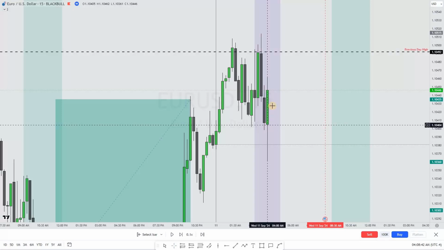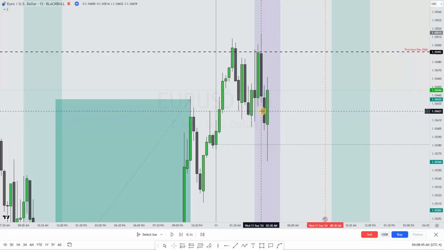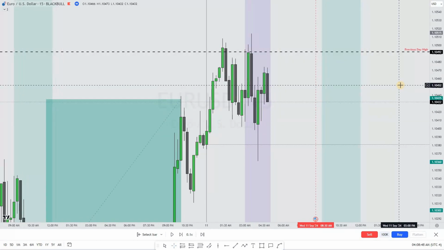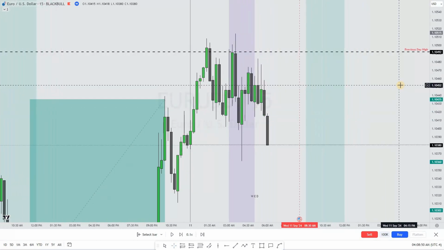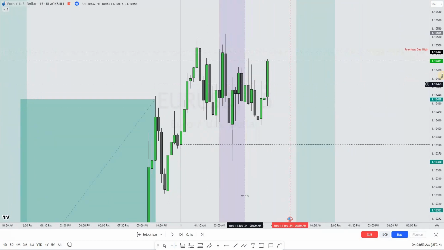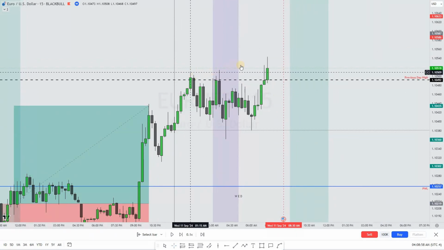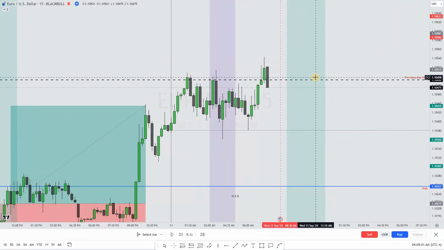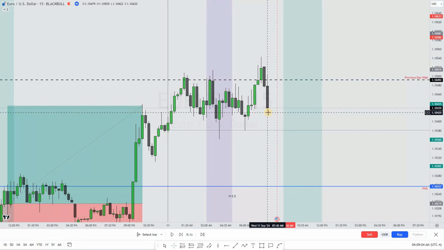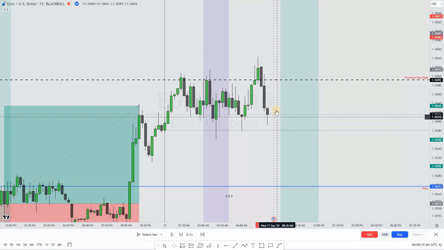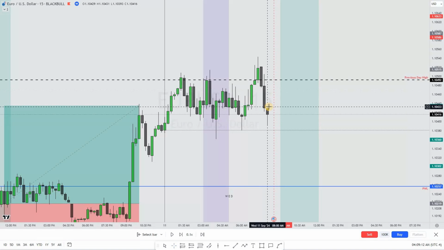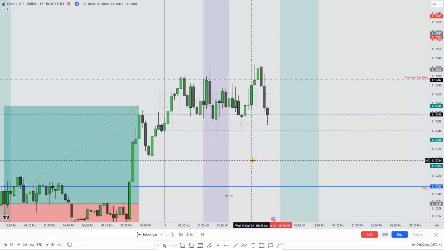But then again, there was no fair value gap. Fair value gap is very important to me. And as you can see, price continued to move in a consolidation around this area. And again, we went and took out these highs. And then we started seeing these moves prior to the news event. Now here, there was this fair value gap. If there was no news, I would have probably taken that trade. But because of news, I decided to let it go.